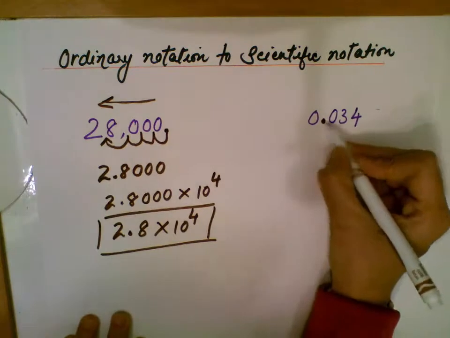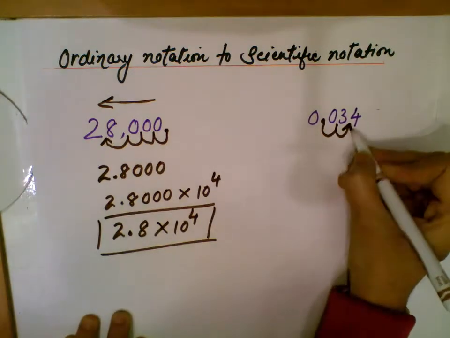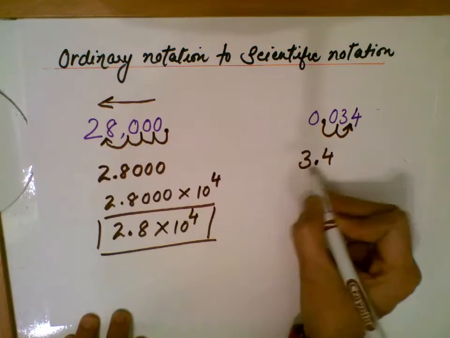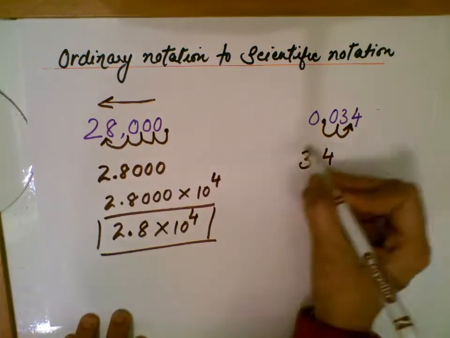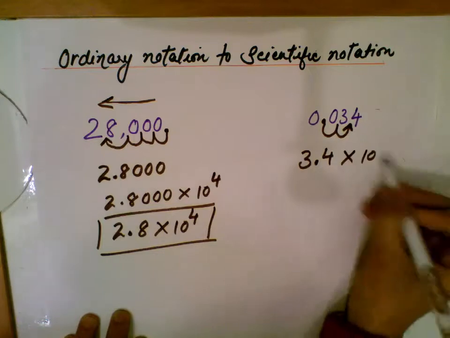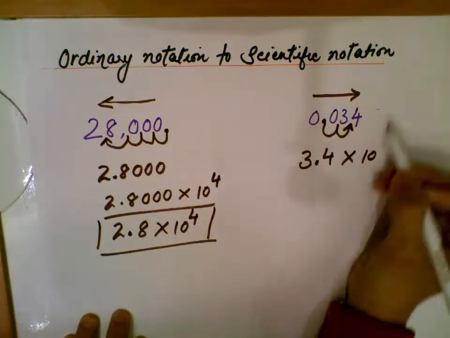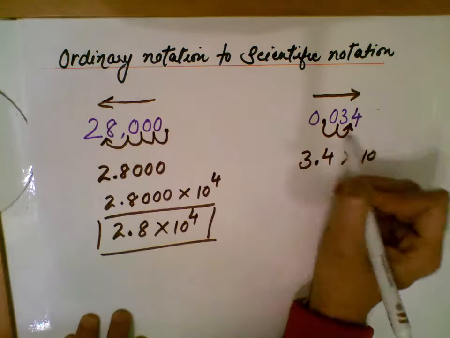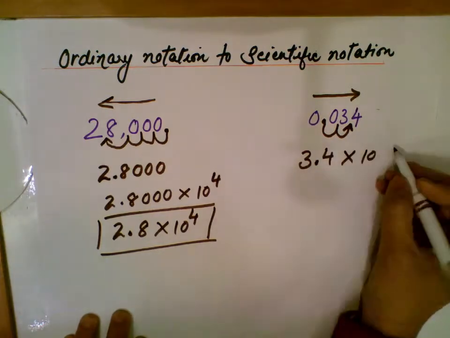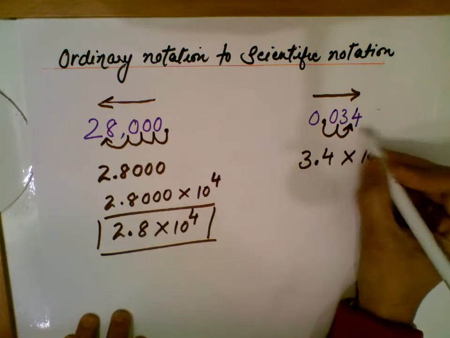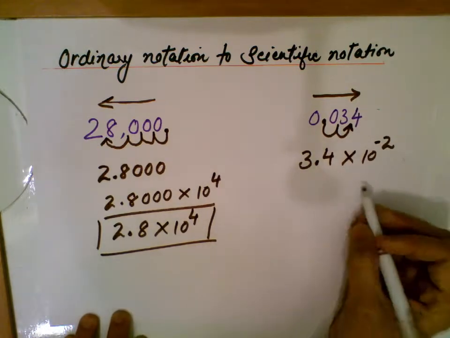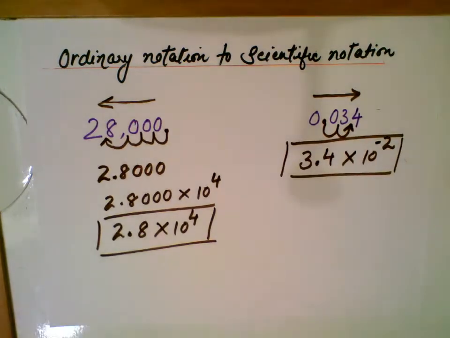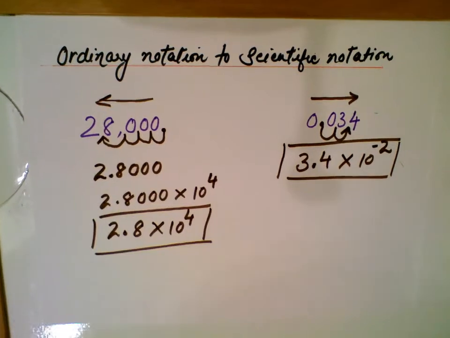Here, I'm going to move this decimal 1 and 2 places. Why did I do that? By doing that, I'm going to have 3.4, only one digit to the left of the decimal. So that means this part 1 is correct. I'm doing it correctly. And whenever you move your decimal to the right, the exponent is negative. Another way to understand is whenever you have an ordinary number less than 1, then you have a negative power. Since you moved 2 places to the right, it will be negative 2. So this is the correct answer. All right, let's do more examples to understand.